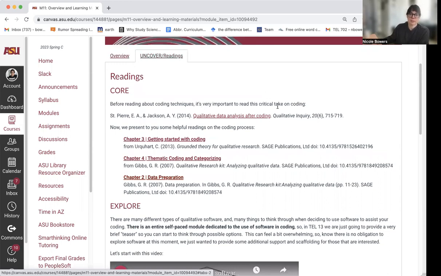So our readings this time are about coding and categorizing and data preparation. These are the really practical, nitty-gritty things. I do know that many of you are not at the moment coding, that you're not writing your chapter 3, and you're certainly not analyzing your dissertation data, right? But this is part of a qualitative class. So it's really important here that you read these and think forward to your dissertation